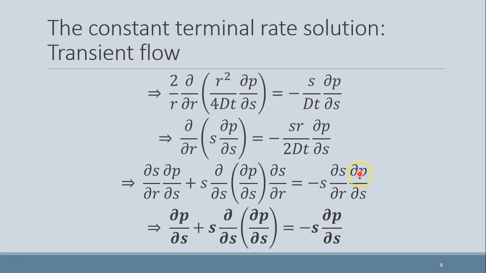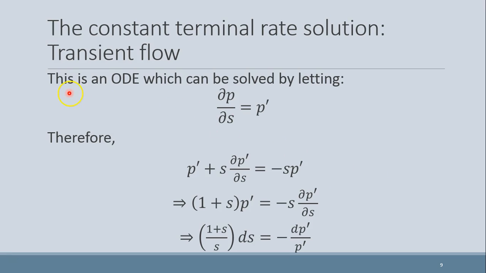There might have been some rearrangement there. Yeah, right. Minus r/(2 dt) is equal to del s by del r. So we have substituted it here. And plus del p by del s, s del s by del p into del p by del s, is equal to minus s del p by del s. Okay, so this is an ODE which can be solved by